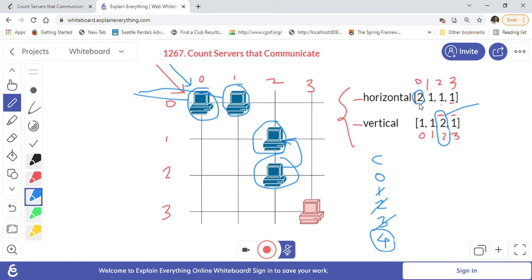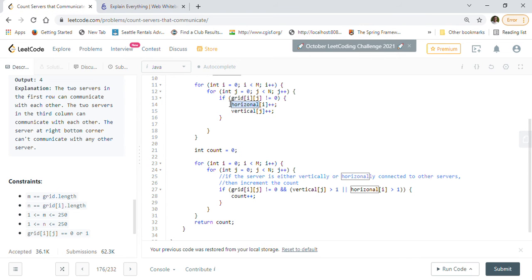So that's how at the 0th position we will get 2 here, right? So that is the approach. And for vertical we will get vertical[2]++, because for the second column, 2 times we will get vertical[2]++ because there are two servers, so we will get 2 here. So we are going to populate the horizontal and vertical arrays when we are traversing through the matrix.